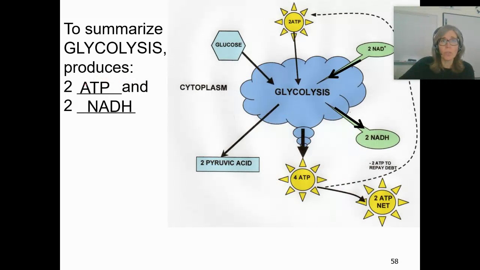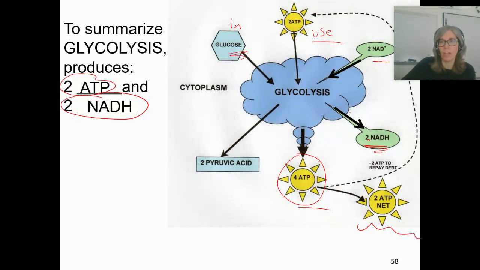Okay, so to summarize glycolysis, what you do overall is make 2 ATP and 2 NADHs. So you put in glucose, you use 2 ATP, right? You need to have NADs to start with also to take the electrons. So these NADs produce NADH because the NAD+ rips electrons off glucose. You make 4 ATPs. So because you had to use 2 and you make 4, you only get a net of 2 ATPs at the end. You've broken glucose in half and you have this thing called pyruvic acid or